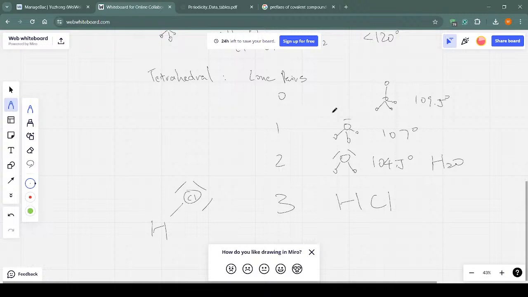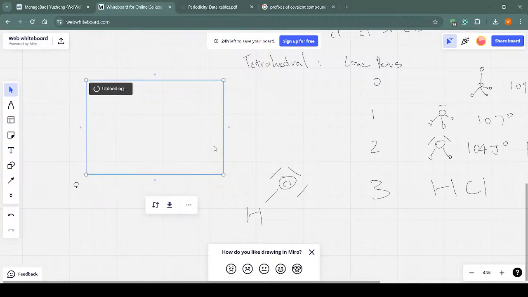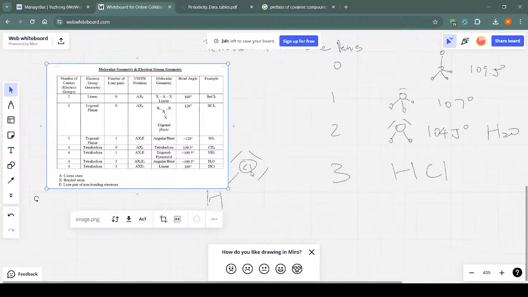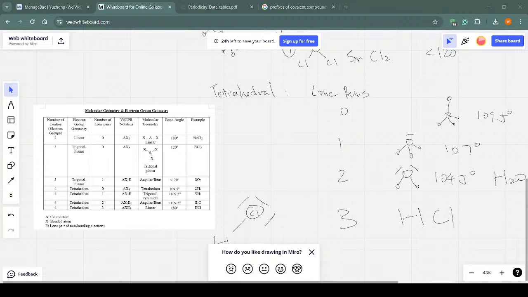Yeah, I'm not kidding. HCl is considered tetrahedral. I'll show you guys a picture. See, HCl is considered tetrahedral for some reason. Apparently the chlorine has three lone pairs and one hydrogen bond, so it's tetrahedral for some reason. I doubt it's gonna be on the test, but